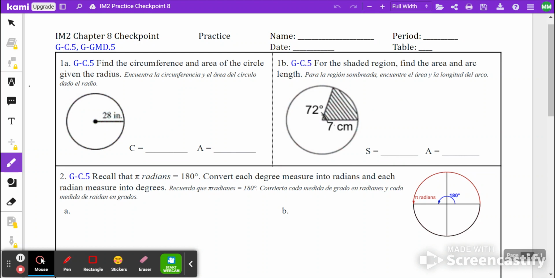Problem 1A. Find the circumference and area of the circle given the radius. Okay, so we have our formulas. For circumference, it's 2 pi r, which means I need to do 2 times pi, and the radius is 28 inches. I'll do that on my calculator right now. 2 times pi times 28 inches. So our circumference is approximately